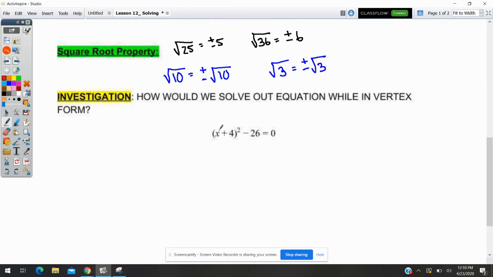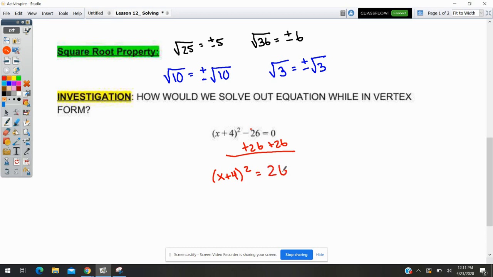Say we already completed the square and we already have our equation in vertex form. How would we solve for our x's while in vertex form? The first thing you want to do is try to get the squared binomial isolated by itself. I can move this negative 26 to the other side, so I'm going to add it to both sides. This gives us x plus 4 squared equals